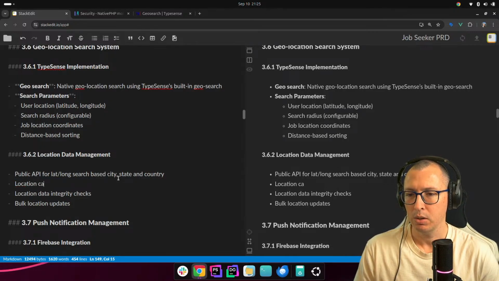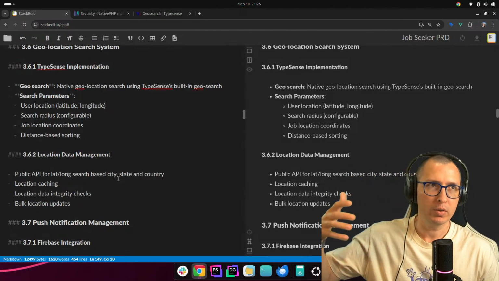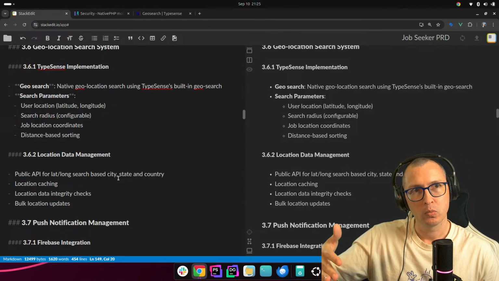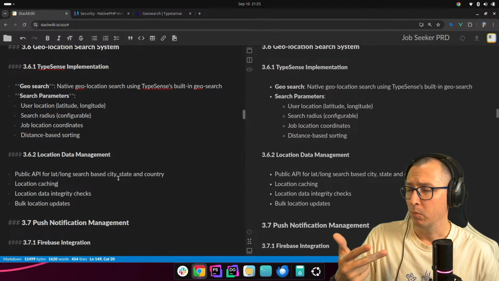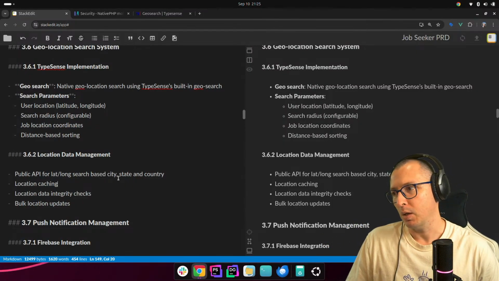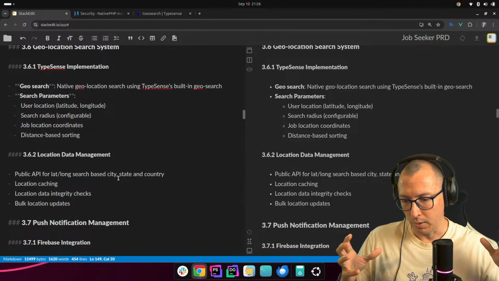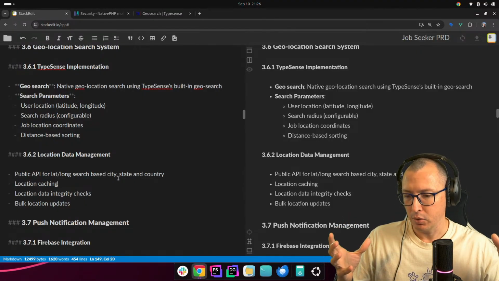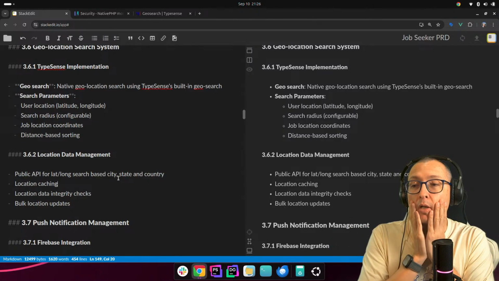Location caching. That's all that we're going to say here. Basically, I want to use an API the first time we search for a city, a state, and a country, but we're going to cache that into a table and incrementally build a local cache of values so that we don't have to contact the API a second time.